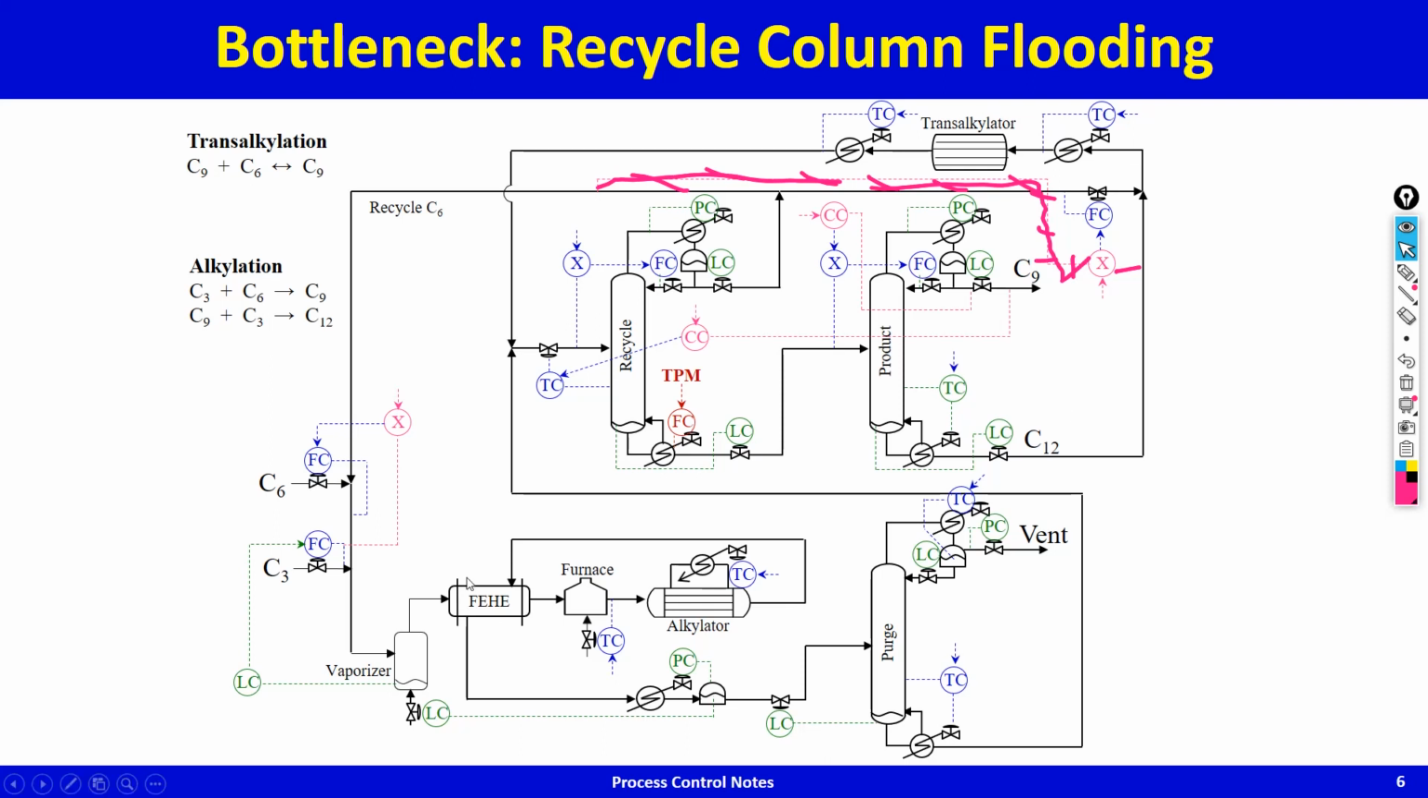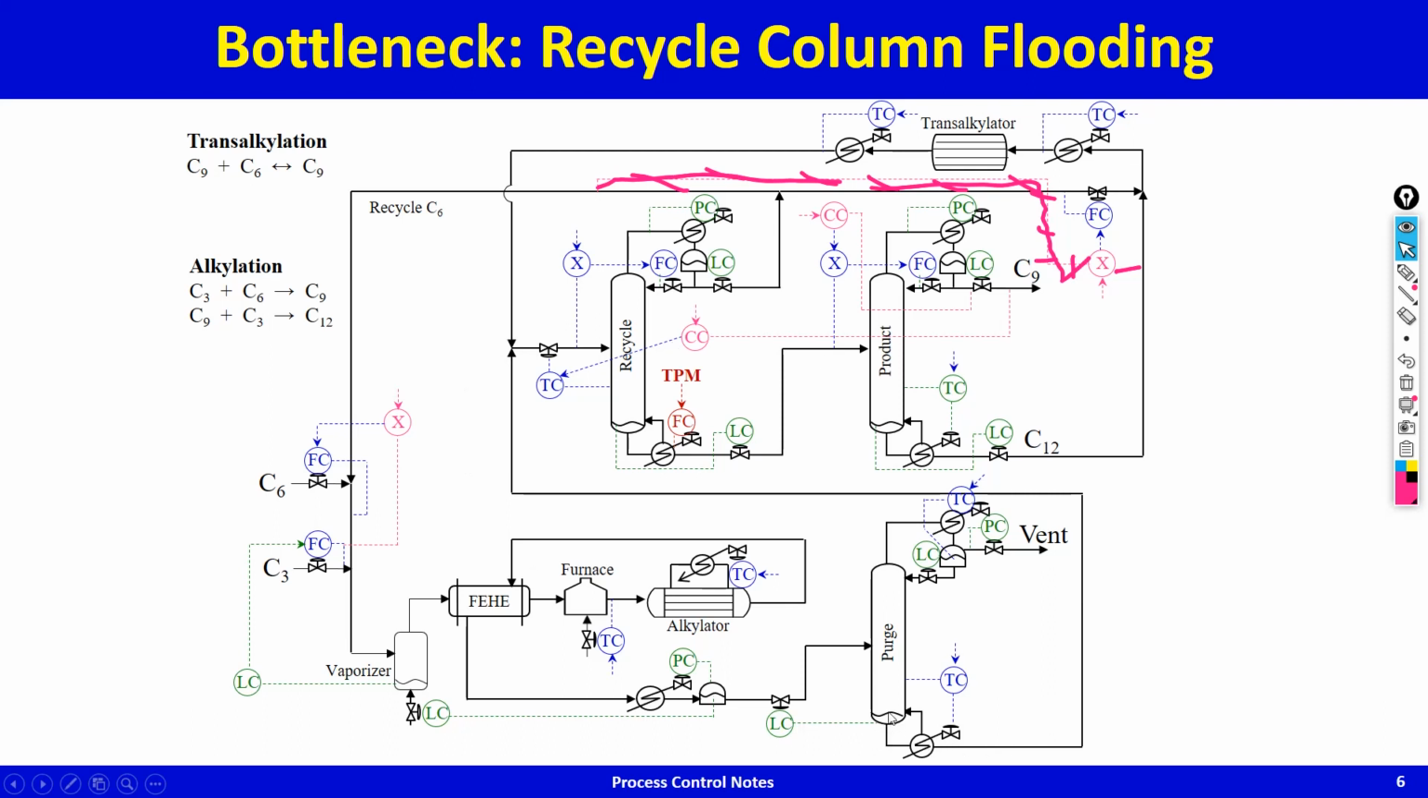If the recycle column is the bottleneck, now how will this work? So if you crank up the reboiler duty in order to increase production, boil up increases, temperature of the tray starts to increase. In order to bring that temperature back, the temperature controller puts in more cold feed. More cold feed starts coming in, the temperature goes back. But now, because you're taking out more cold feed into the recycle column,